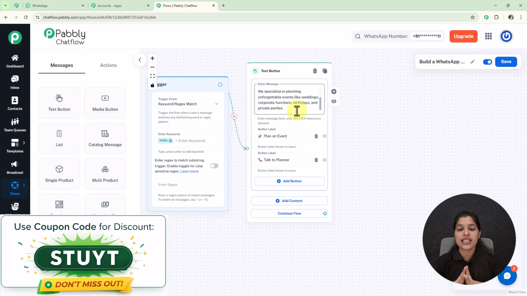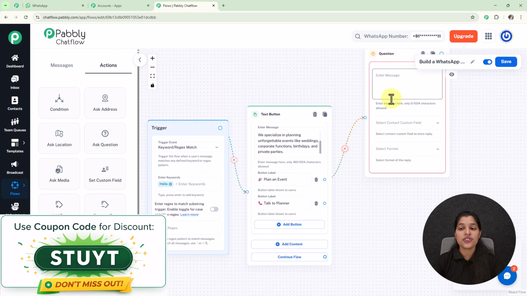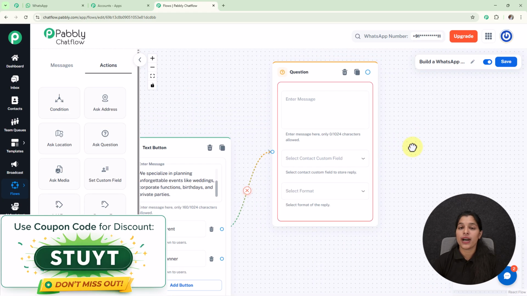Now if my user selects this first button, that is plan an event, I'm going to ask them a question regarding their full name. So for that we just have to move over the actions, and here you will see this node of ask question which you have to select. And now I'm going to enter a question asking for the full name of my client. So here I have entered this question asking for the full name,